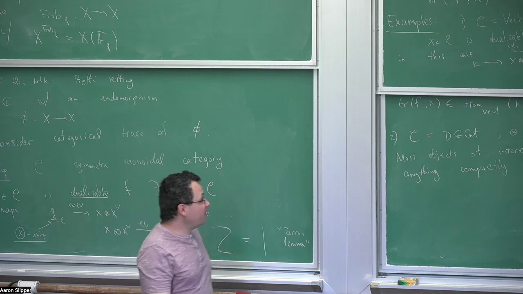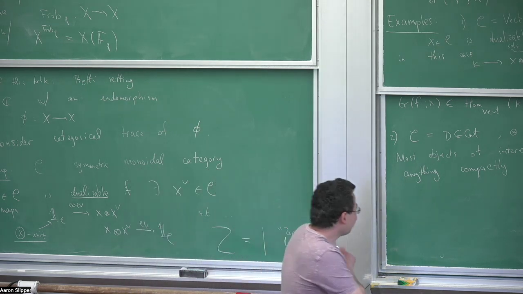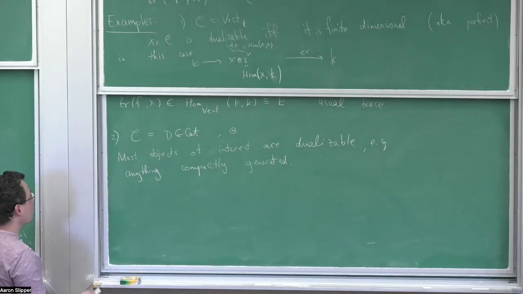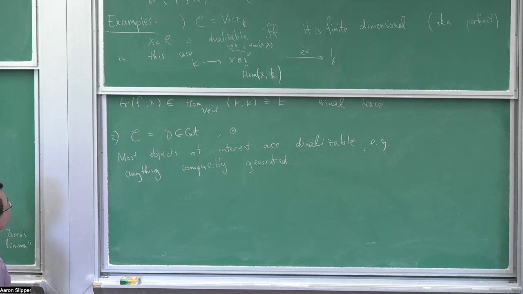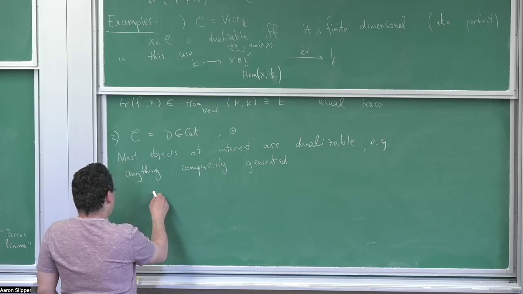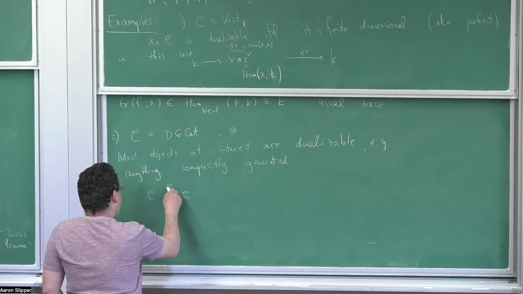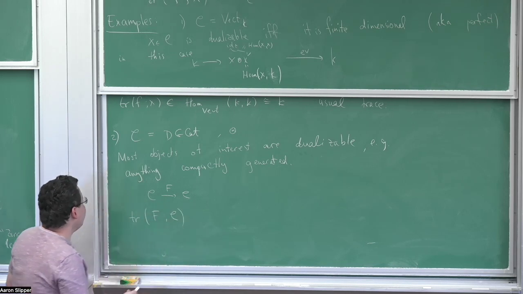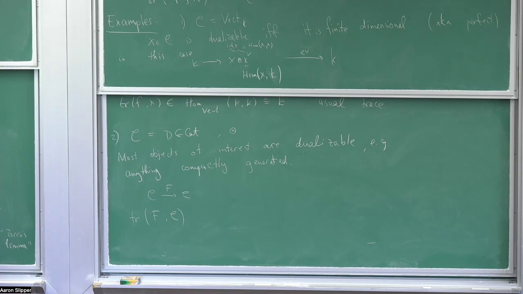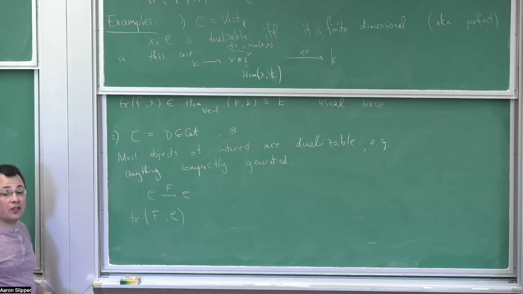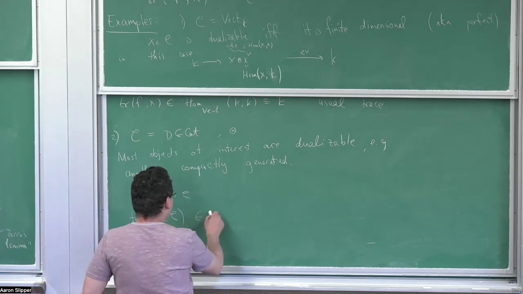Everything here will be compactly generated. But anyway, dualizable is a good setting nevertheless, because we can take traces. So first of all, what sort of thing is it? Suppose I have a dualizable category and an endofunctor. I can take the trace. So this is an object in